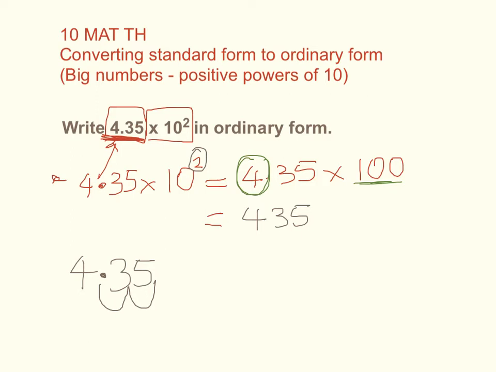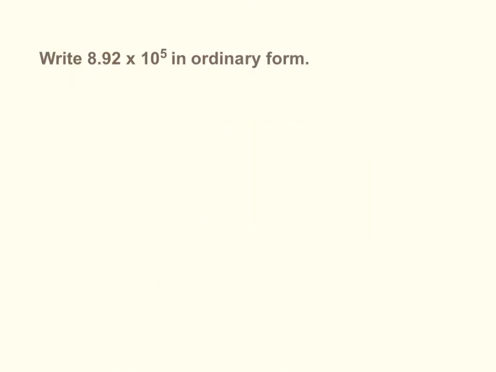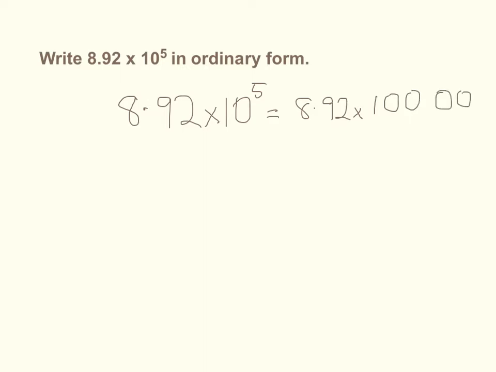Okay, so let's try another one before it's your turn. Write 8.92 times 10 to the power of 5 in ordinary form. So 8.92 times 10 to the power of 5 is equal to 8.92 times 1 and 5 zeros to get the right place value, times 100,000. So the place value of the 8 in ordinary form needs to be 800,000. So my answer is going to be